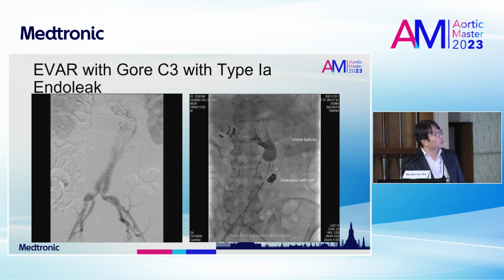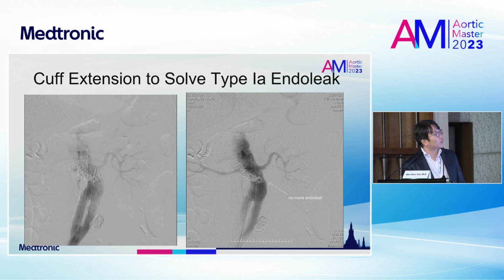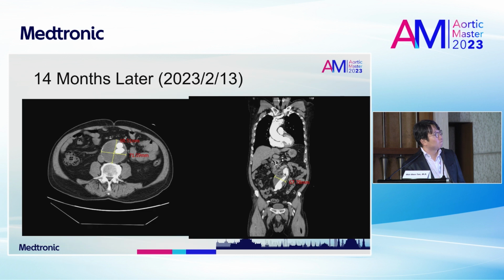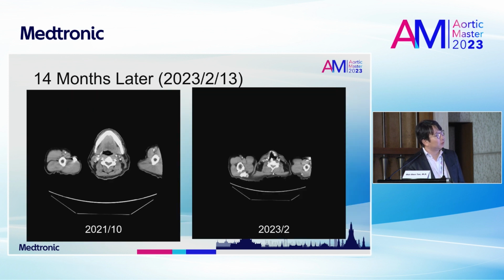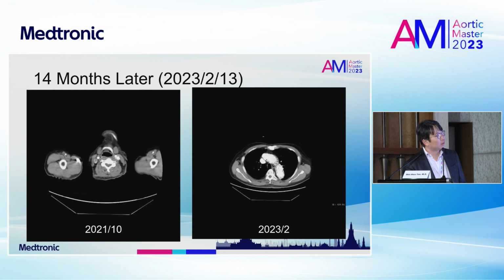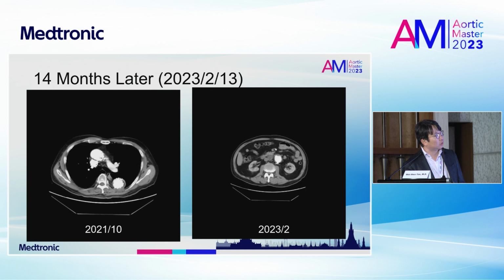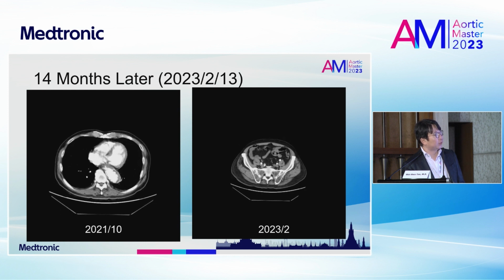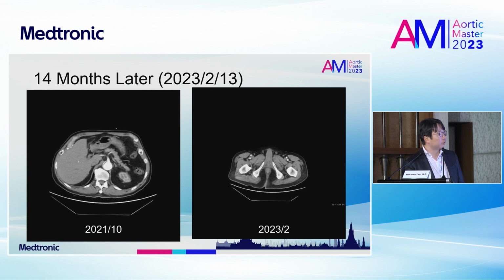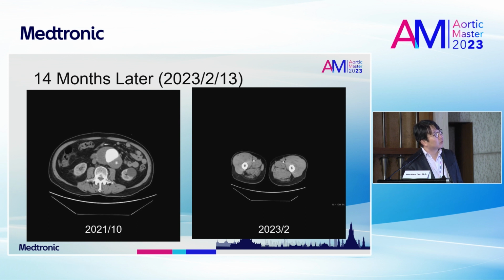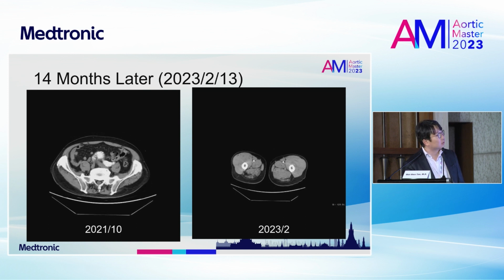And initially we noticed some endoleak from the type 1A, and then we used a cuff extension to solve it. After 14 months, you can see the aneurysm shrinkage, and eventually we see no flow in the false lumen. I show you the comparison of these two studies, the same patient in the 2 periods, initially and finally. We can see quite good results 40 months after the primary